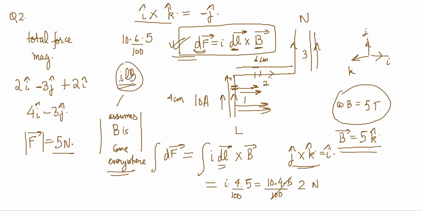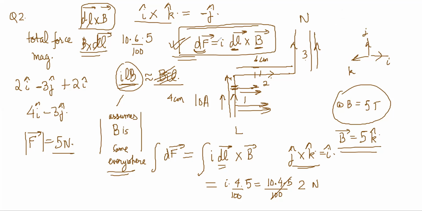Also, people many times make a mistake because they remember formulas in a different way. Sometimes they remember BIL or something, then it is clearly wrong, because ILB at least preserves the fact that it is L cross B, right? B cross L is not the same thing. It is opposite directions you will get. So be very careful. All the definitions that are there in HCV, the basic formulas, those formulas you need to know, and every question will be solved by using them.